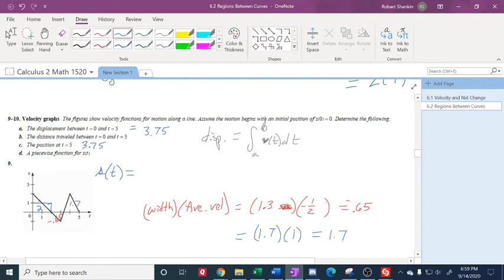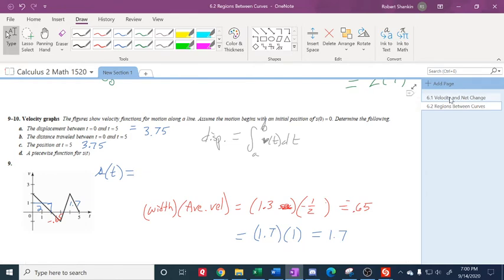So my velocity is 2, let's say it was meters per second when I started, but it's coming down. And, all right, now with this one, I'm going to jump back to